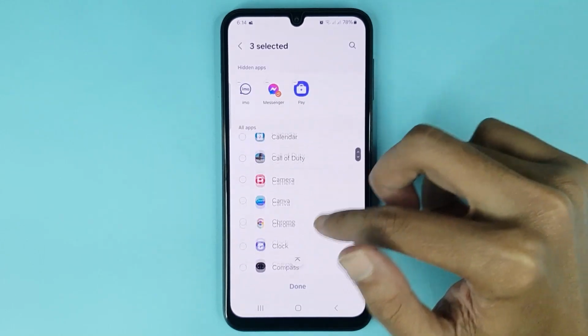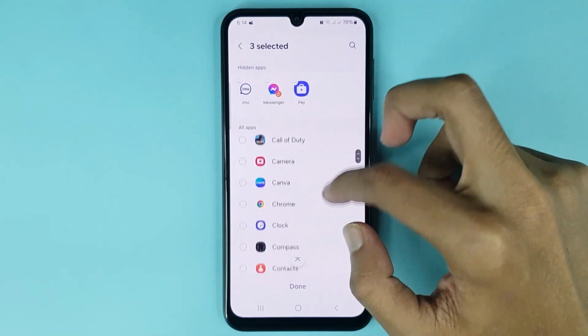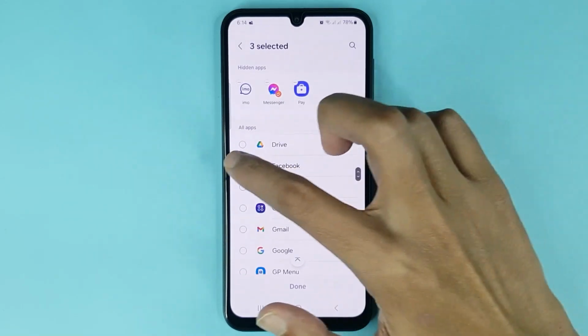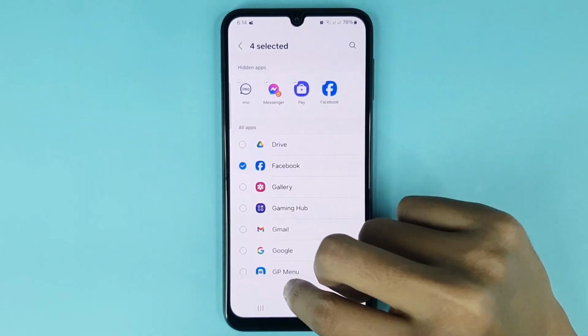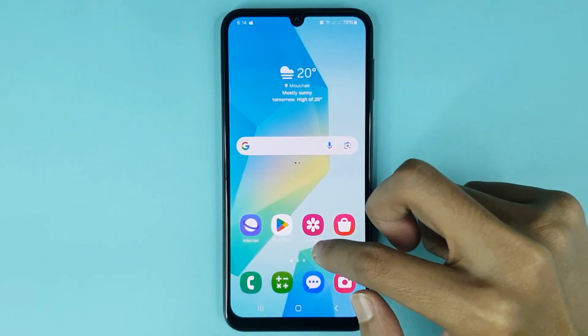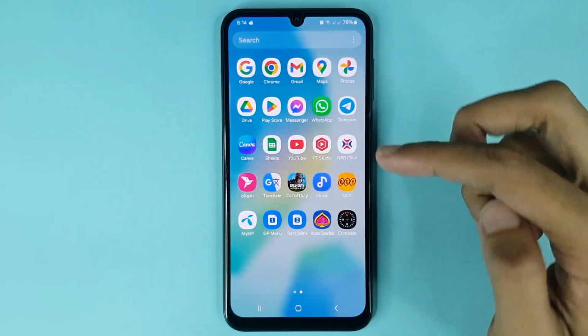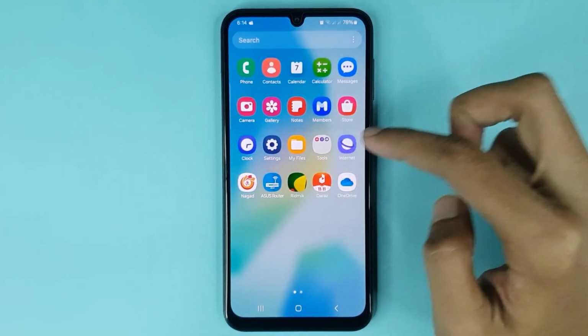Now from here you can hide any app as you want. Suppose if you want to hide Facebook, just find it, then select it, then tap on done and it's done. Now just go to home screen and then go to app screen. Now you cannot find Facebook on the home screen and app screen because Facebook is hidden from the home screen